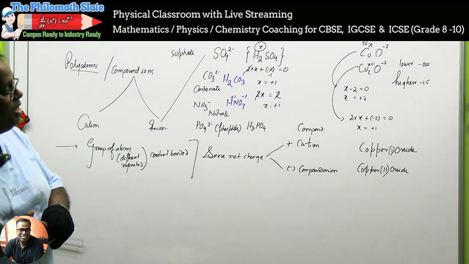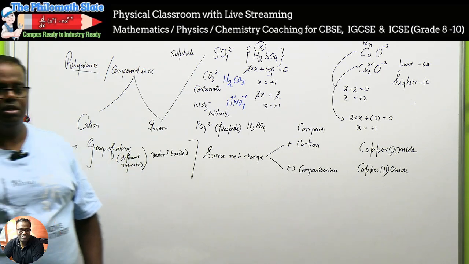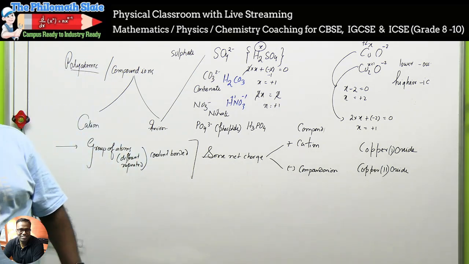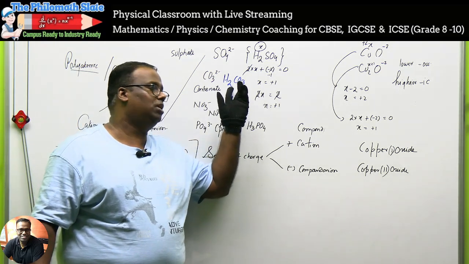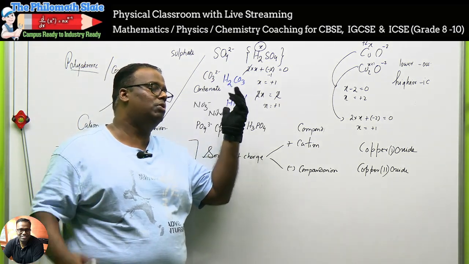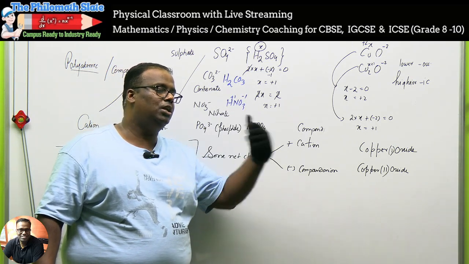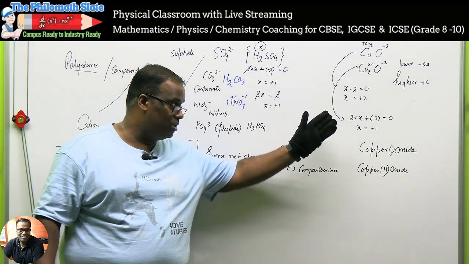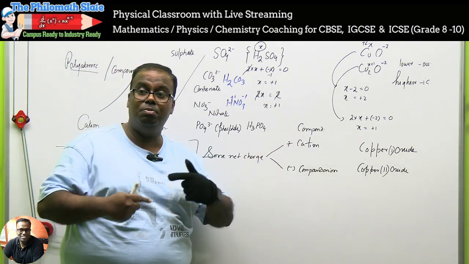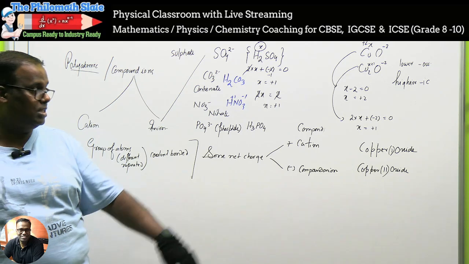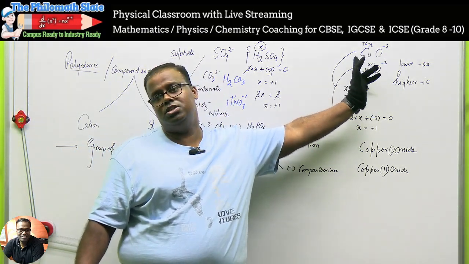So did you understand the rule? How to name them? With this particular polyatomic or what we say compound anions, if an element is combining in 2 different ways with 2 different oxidation numbers, then you have to write the oxidation state in brackets. That's the example that I tried to show you. With the same oxide, copper combines in 2 different ways.